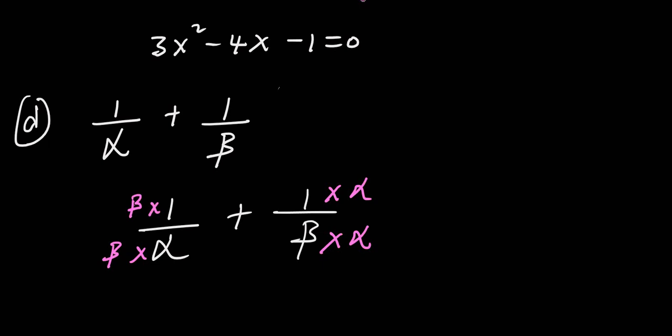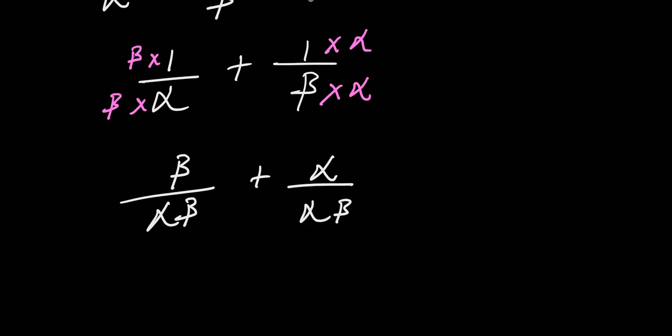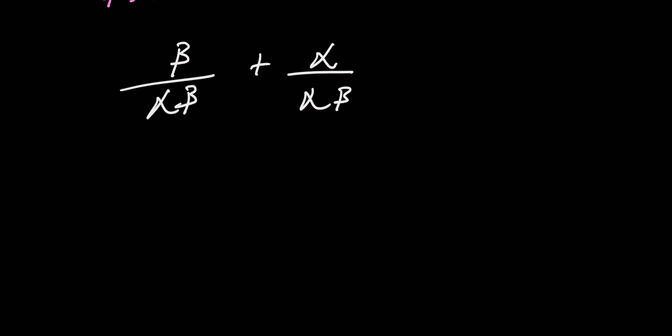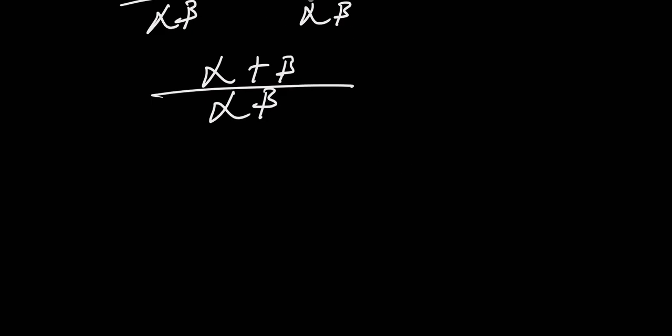So what happens? This becomes beta over alpha beta plus alpha over alpha beta. Now that we have the common denominator, we can simply write it as a single denominator, alpha beta, and this becomes alpha plus beta, and sum of roots is negative b over a